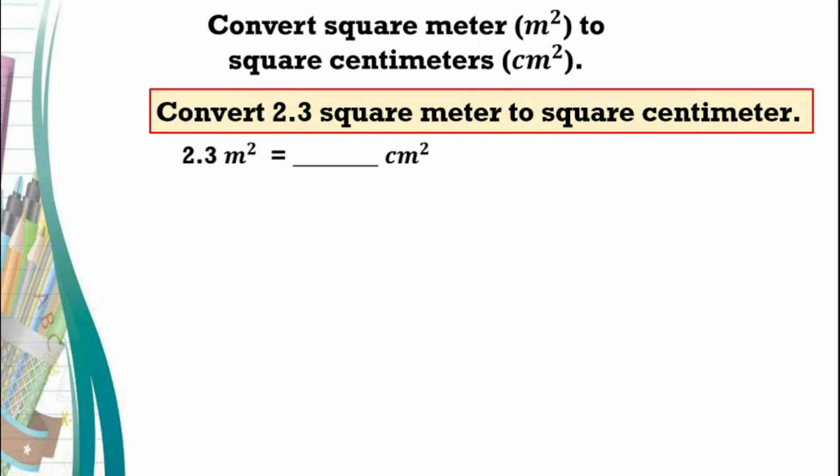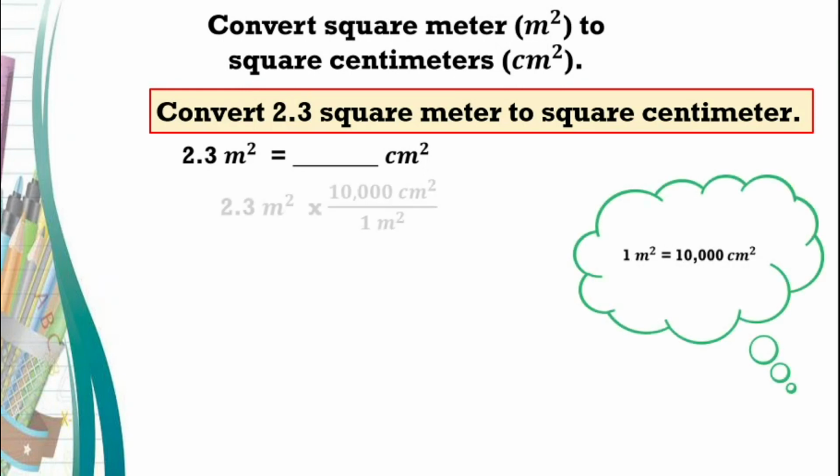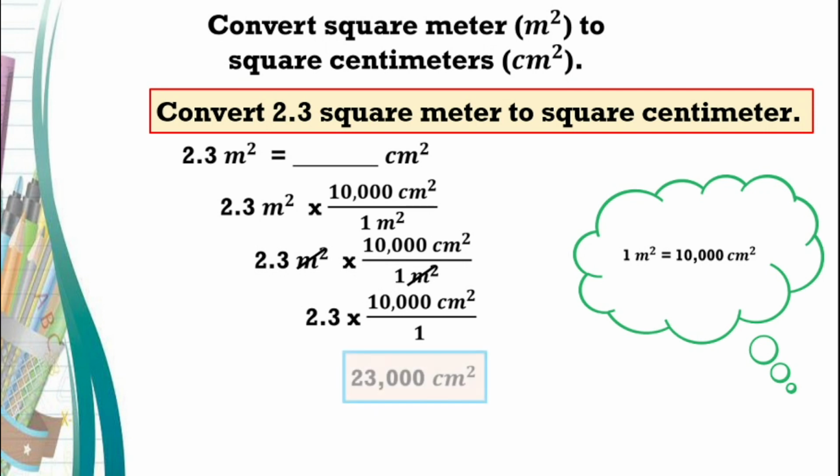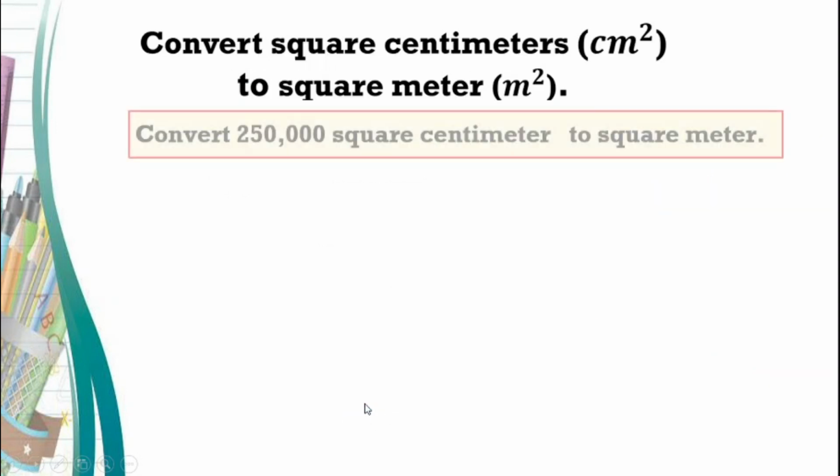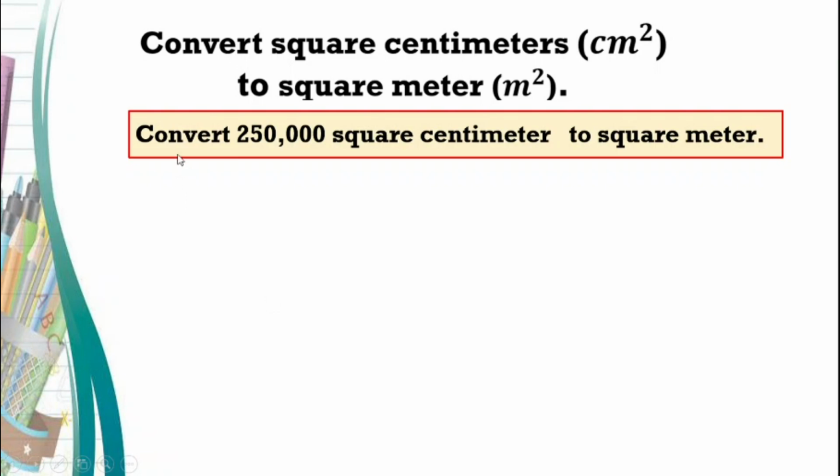Okay, so we have 230 or 23. This would be 23,000. So, multiply it by 10,000. The product would be 23,000. And then, for this one, we have to convert